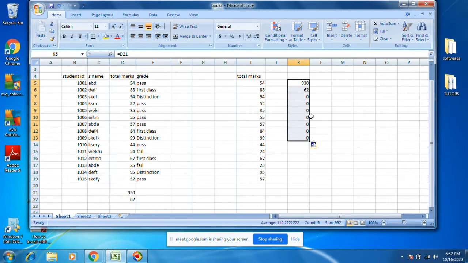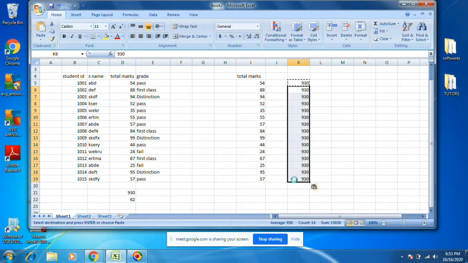I want to, even if I drag, I want to get 930 only. I just pasted values only.